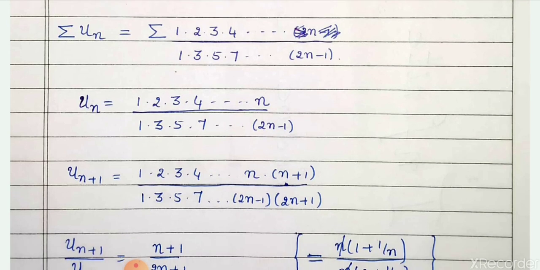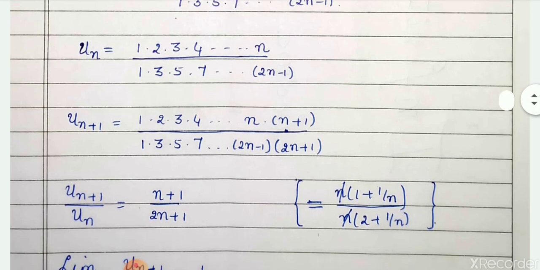So when you're writing the n plus 1 term, you have to see that you write down the nth term and the next term. So we have n and the next term is going to be n plus 1 because the common difference in the numerator is 1. And in the denominator the common difference is 2. So the nth term is 2n minus 1 and the n plus 1 is 2n plus 1. So you have to be careful while writing this un plus 1. For un plus 1 you have to write down the nth term and the n plus 1 term.